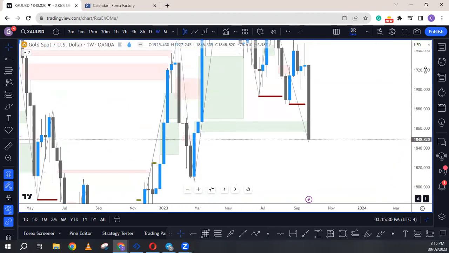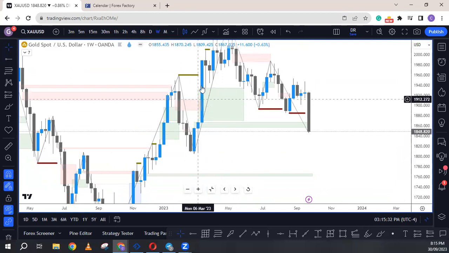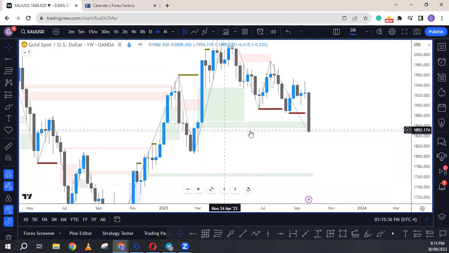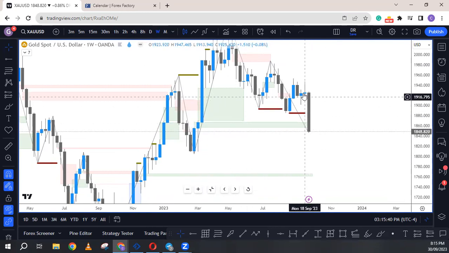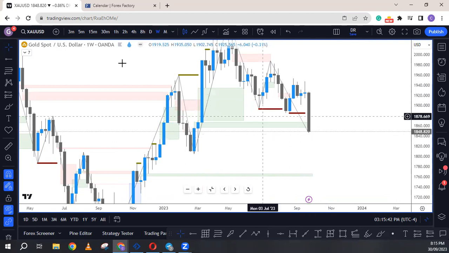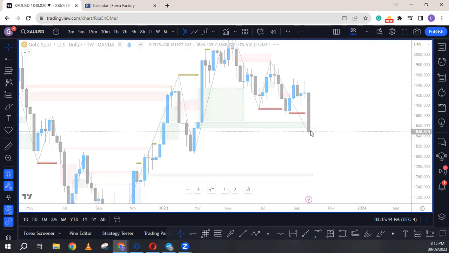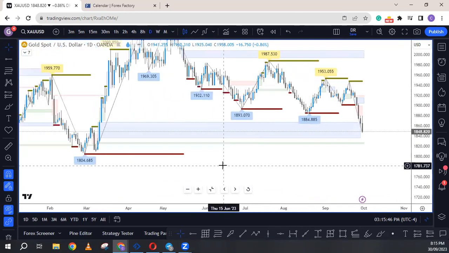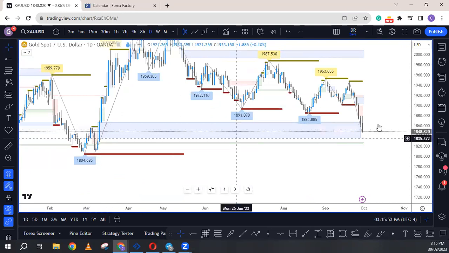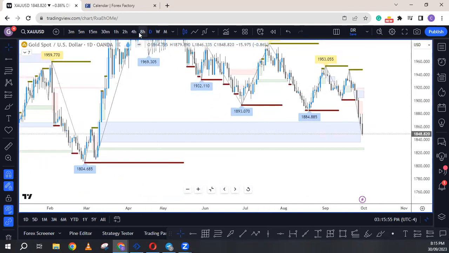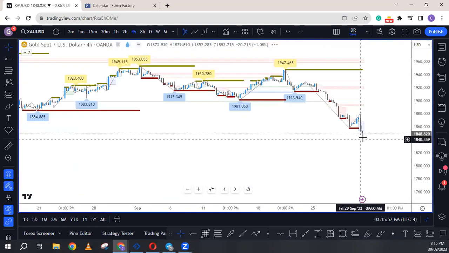last down candle before this up move that broke this high. So price is at a possible area where we might see a bounce. Structure wise, this is still to the downside, but going into this new week, given where price is and this big weekly, this weekly daily fair value gap here, the possibility exists that we might see a bit of